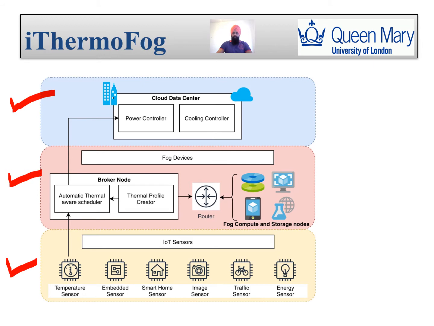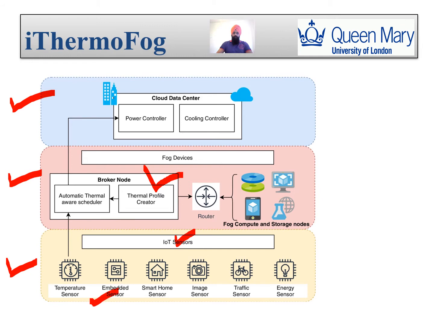The IoT layer consists of various pre-configured devices to gather data from other devices such as sensors and smartphones. The thermal sensor measures the temperature of the cloud data center servers periodically, which is helpful to generate the thermal profile automatically. The fog layer consists of various fog devices such as the broker